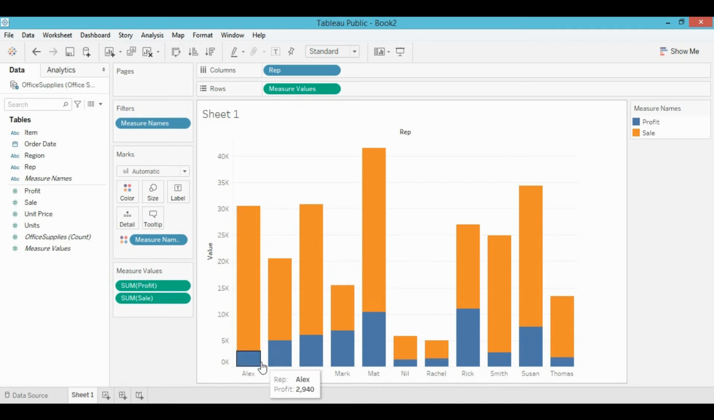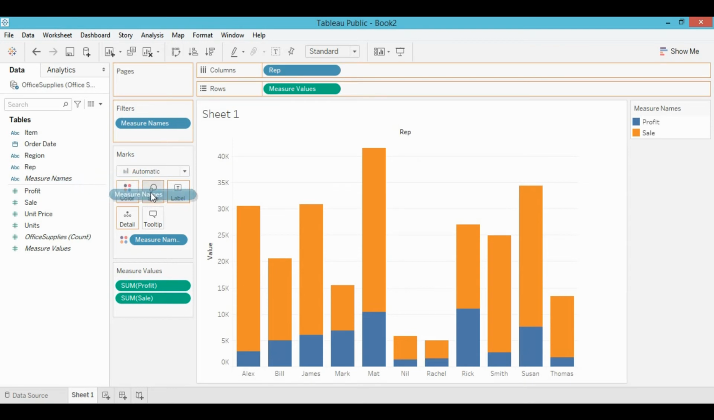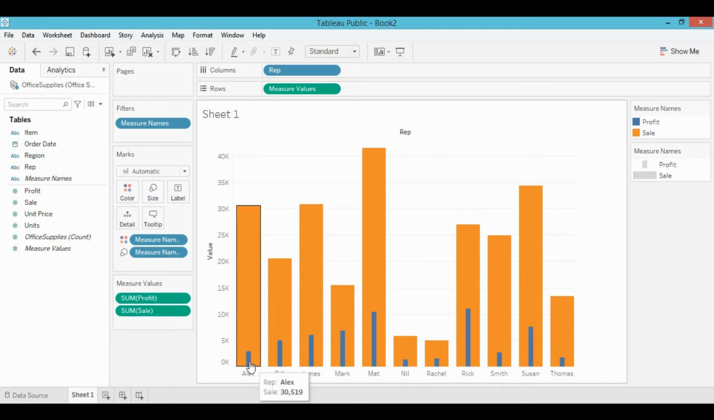So now how to resize this one? Go to the dimensions, select this measure name and drag it to the size palette, and that's it. You see, now we have a bar in a bar and you can see the respective profit of the representative and their sale amount. So Alex has 30,000 sale and profit around